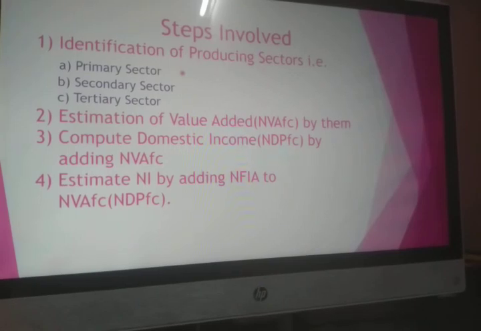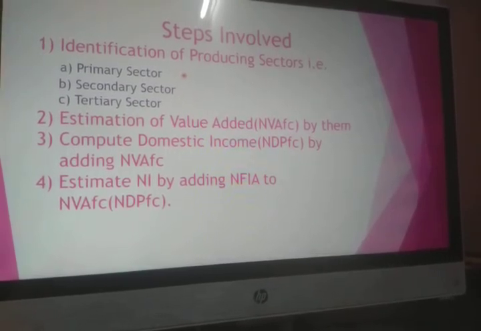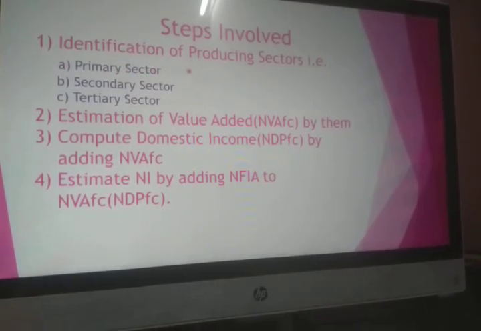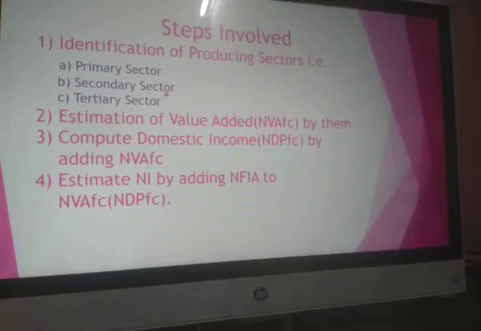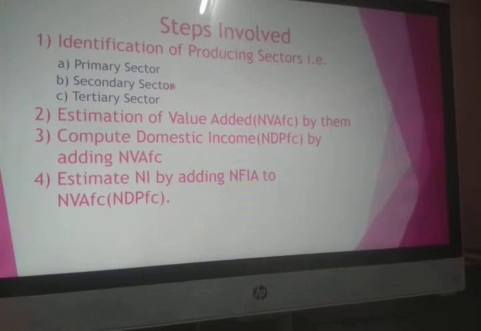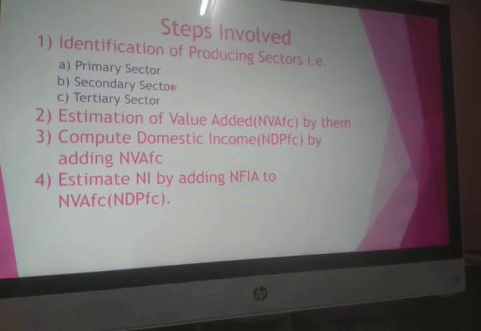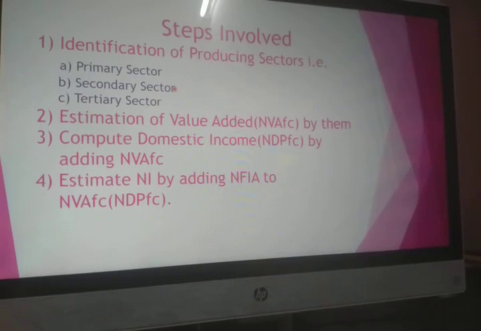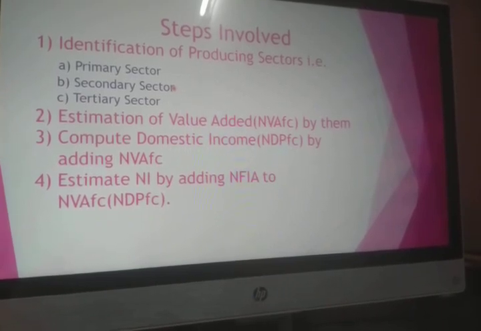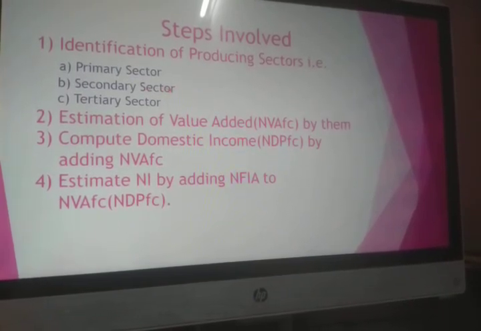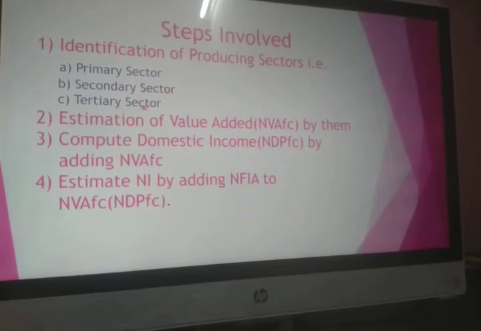And then out of that, we are going to deduct the value of purchase, that is intermediate consumption. So first of all, the primary sector's value of output will be considered minus intermediate consumption. So we arrive at the value addition made by the primary sector. In the same way, in the secondary sector, first of all, we'll take care of how much value of output has been produced by this sector, and from that we will deduct the intermediate consumption made by this particular sector. Followed by the third sector, the same way.